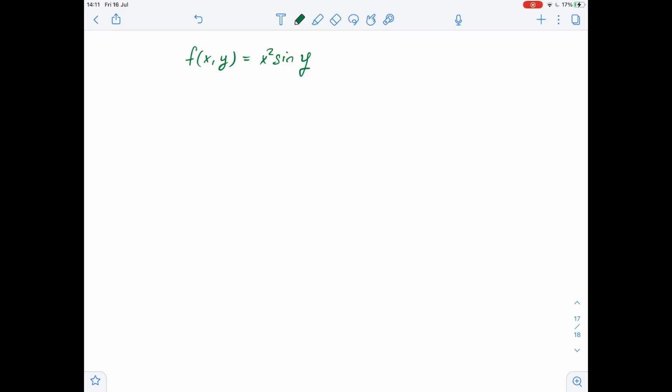So we need to find the four second partial derivatives of the given function. So let's start by finding the first order partial derivatives, which we need in order to find the second order partial derivatives. So fx equals the derivative of x squared times sine of y